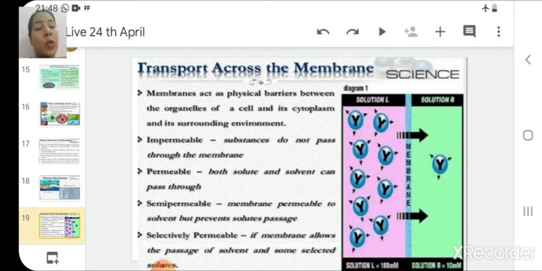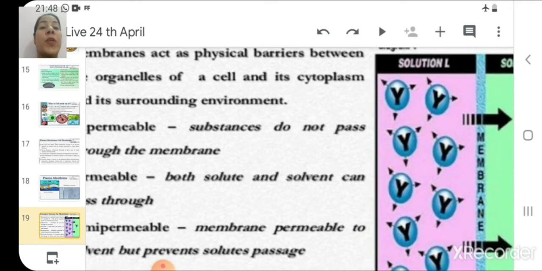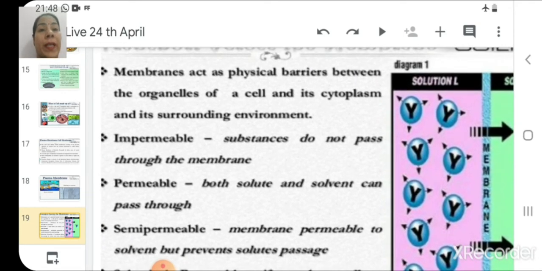Now let us focus on transport across the plasma membrane. How does this transportation take place through the plasma membrane? Membranes act as a physical barrier between the organelles of a cell and its cytoplasm and its surrounding environment. So on the basis of